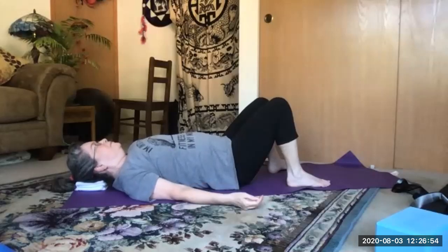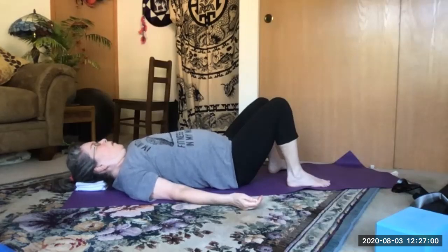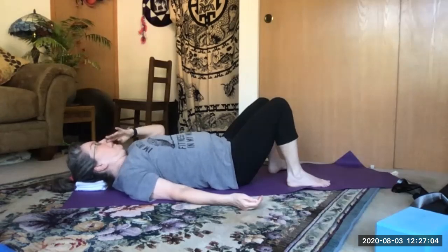Start to become aware of your breath and breathing in and out, and observing the abdominal muscles as they rise and fall. Bring your awareness to the center of your eyebrows, center of your throat, right shoulder, elbow, wrist, right thumb,